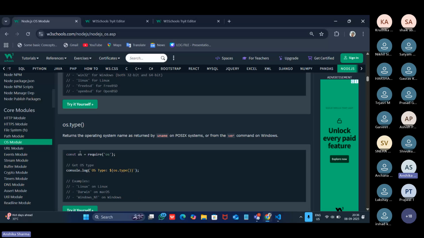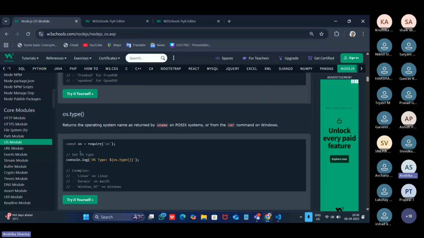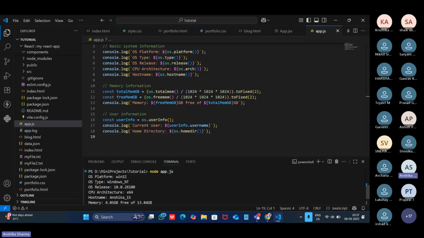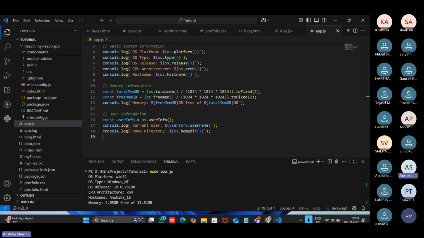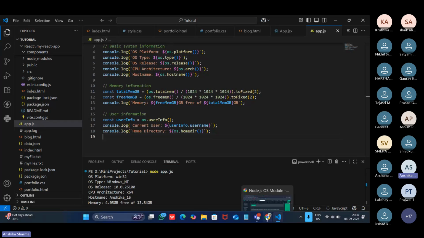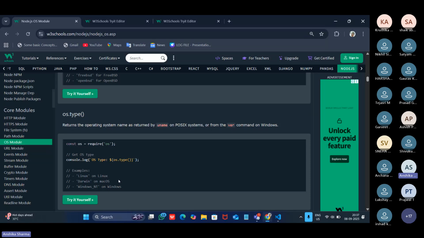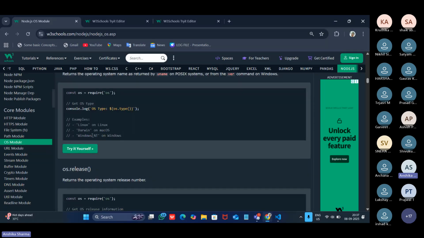Next is the os.type method, which gives me the information about my OS type. It returns the operating system name as returned by uname on POSIX systems or from the ver command on Windows. Here I got Windows_NT as my OS type. If I am using Linux, I will get Linux, and if I am using Mac OS, I will get Darwin as the output.